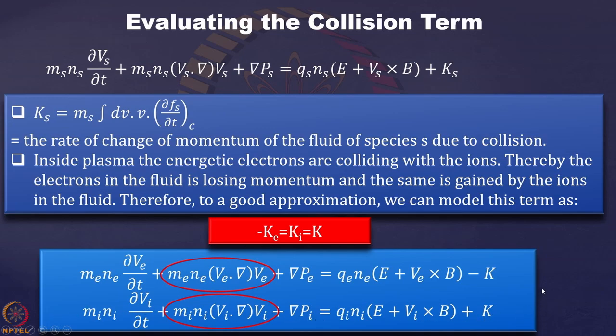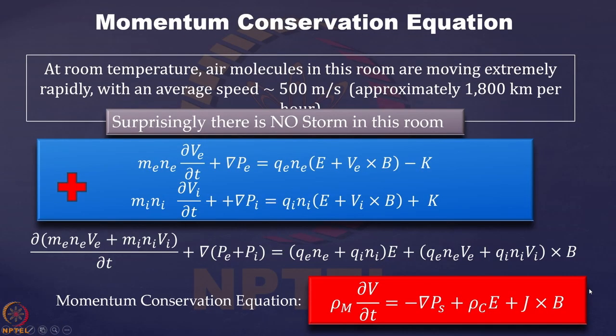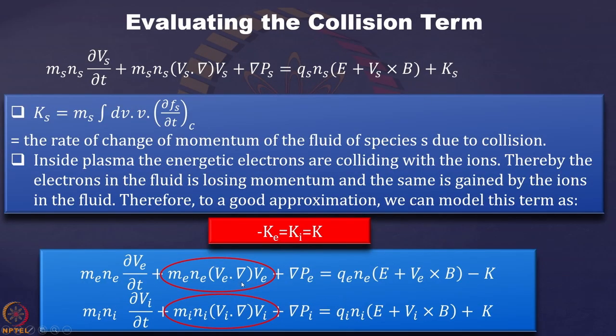Now what we will do, as we did earlier, is add these equations and try to get some expression which is useful. Here also we will do so. So one thing, these two terms, me ne Ve dot del Ve, these are bothering us. Now these are there when the fluid itself is actually moving, but this will not be there when the fluids are not moving. So can we make this term 0 and still get some useful expressions, useful information?